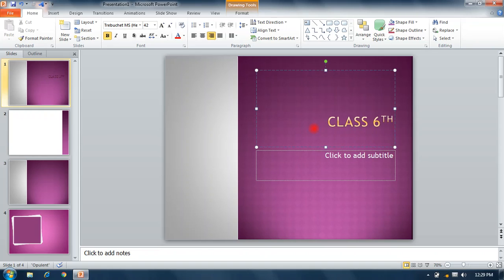Like 6. Click to add subtitle. Good. So this is the first placeholder and this is the second placeholder, or we can type in this text.